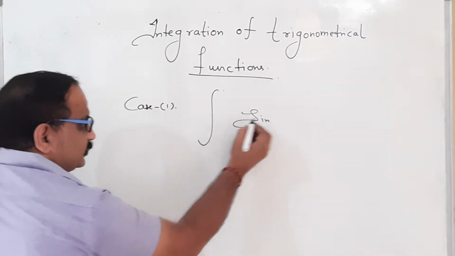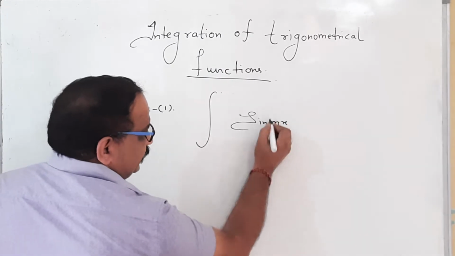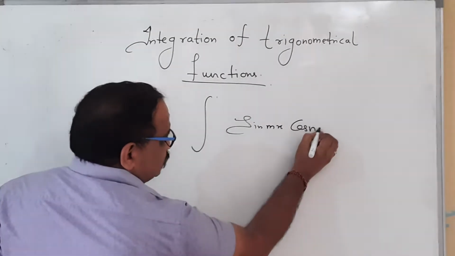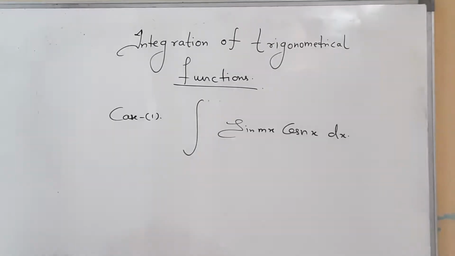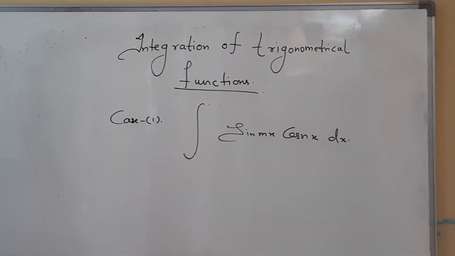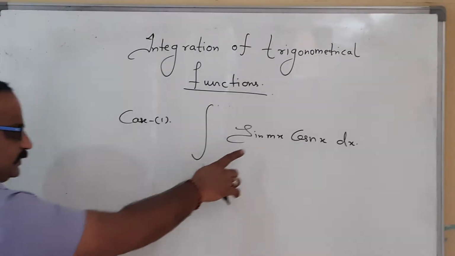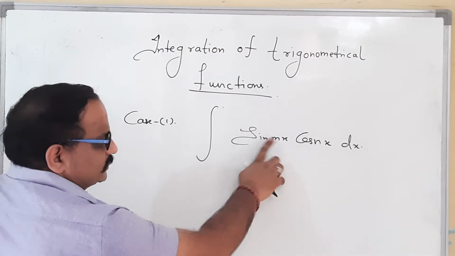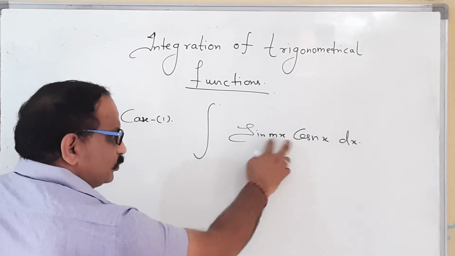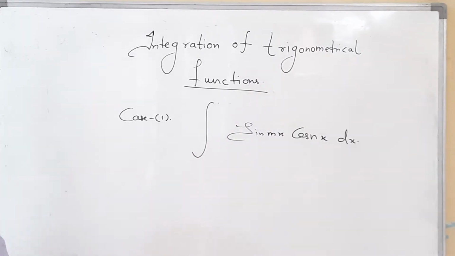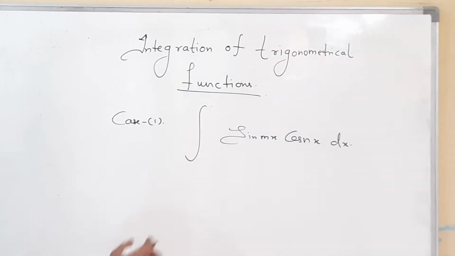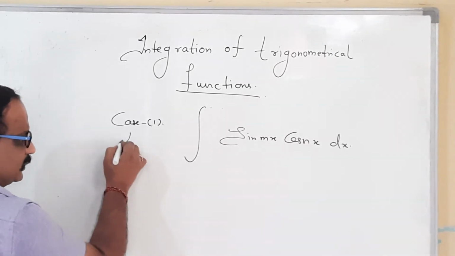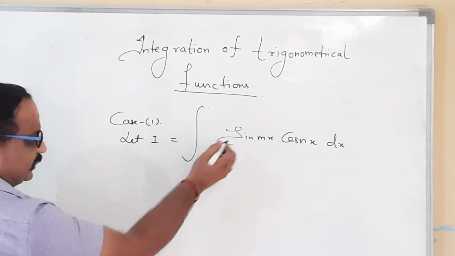Fine. I am talking about a question like sin mx cos nx dx. Like this problem we have to discuss. Problems where sine and cos, or cos and sine, both sine, or both cos, any such type of problem comes in the same category. How can we resolve such things? So in such things, what should we do? Say it is, say I equals that one.